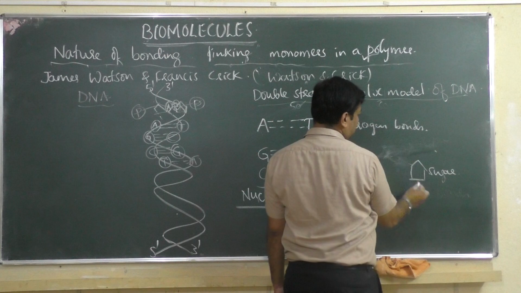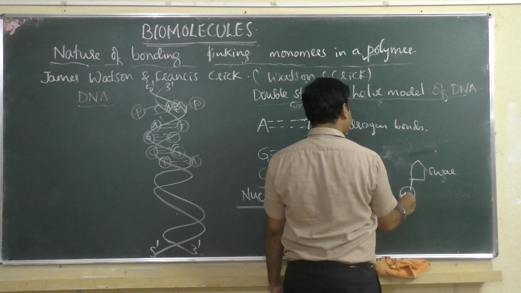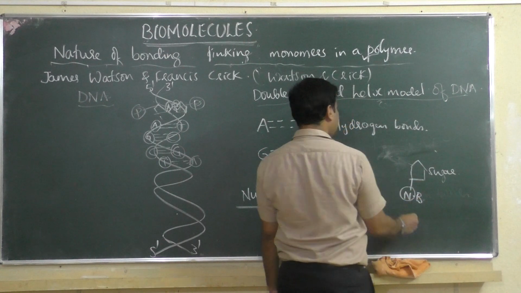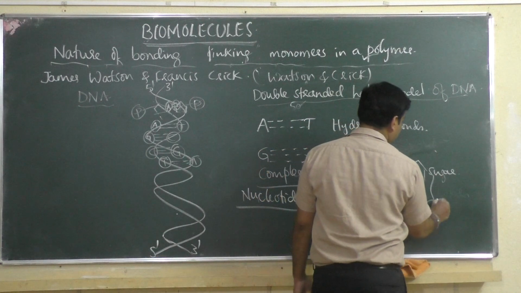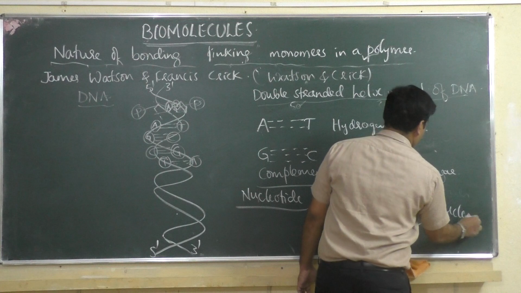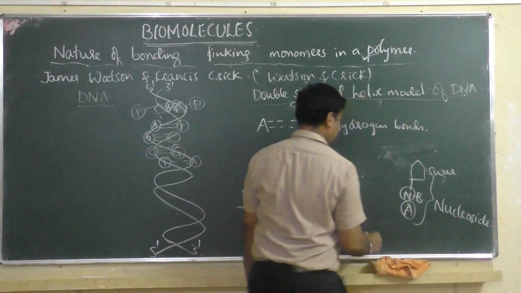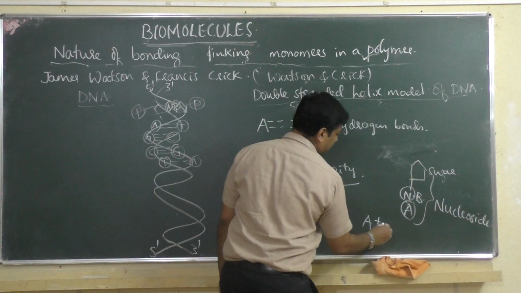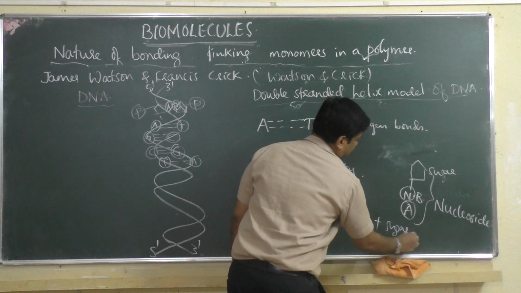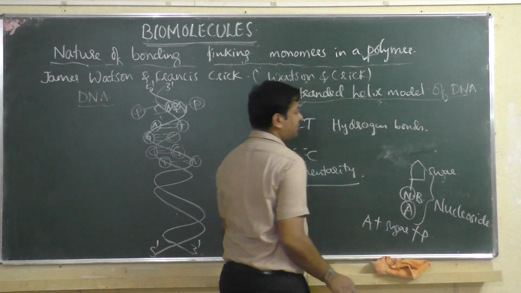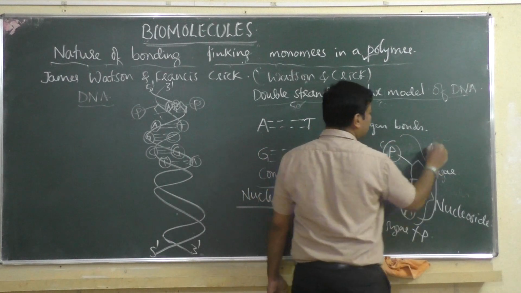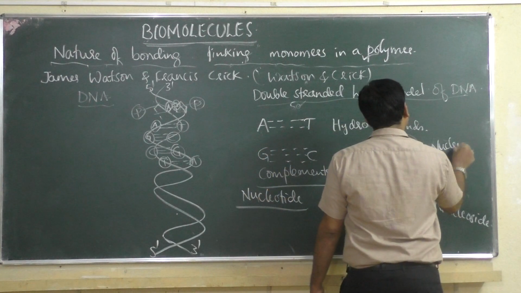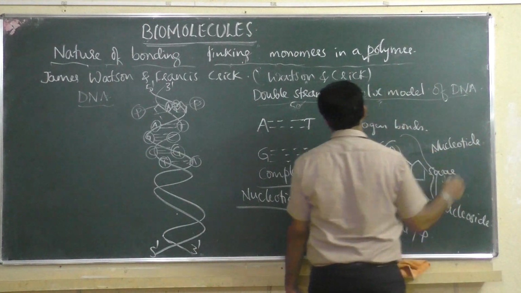Sorry, what I was saying, sugar. Where a nitrogen base like adenine binds to sugar, then it is called a nucleoside. For example, adenine plus sugar becomes a nucleoside. Plus phosphate, if all 3 are there, if phosphate also joins, then it becomes a nucleotide. No? So the nucleotide is the backbone of